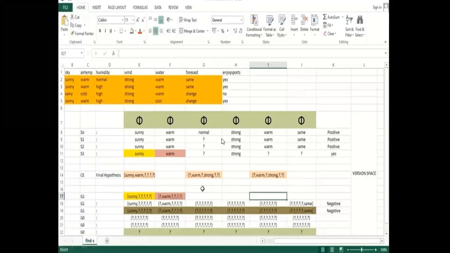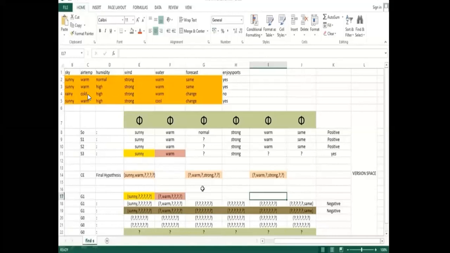Next, strong is also strong, and warm, same. It's a positive record, so I provide this to the specific hypothesis. We don't have any changes over here, so whatever data was present in the general hypothesis has been copied to G naught itself.